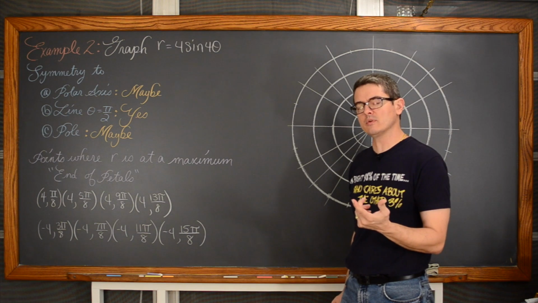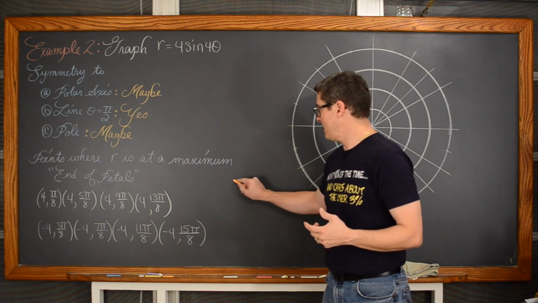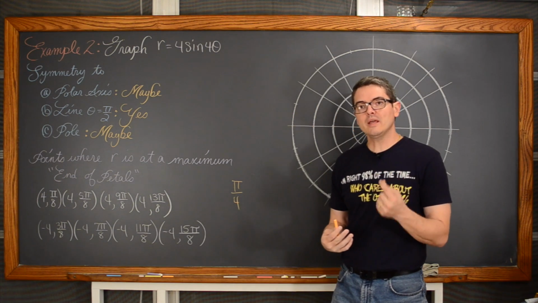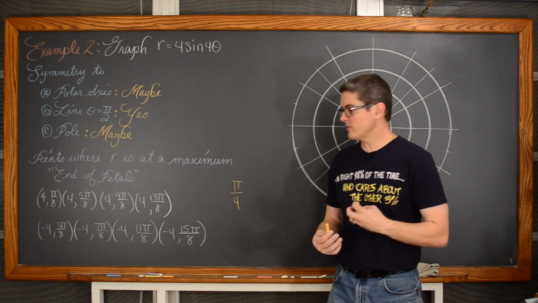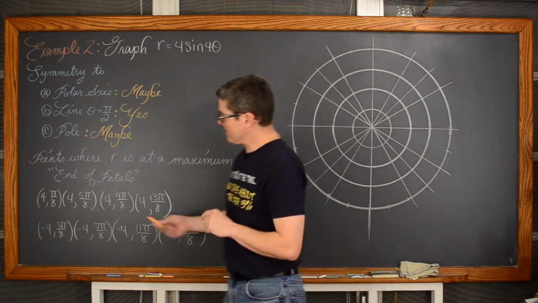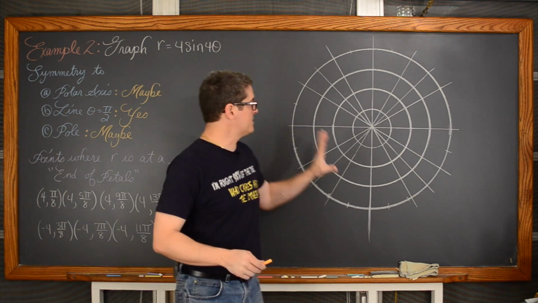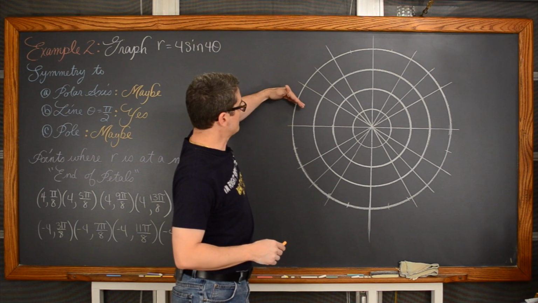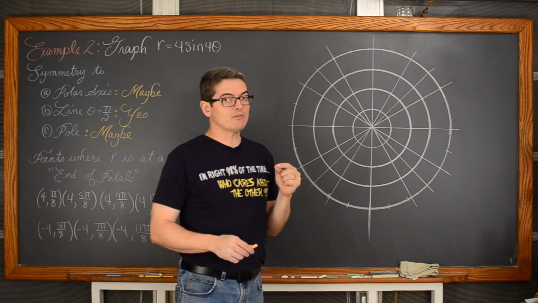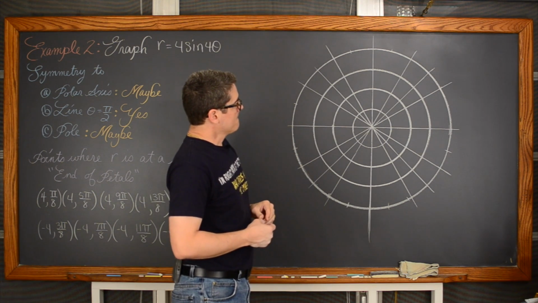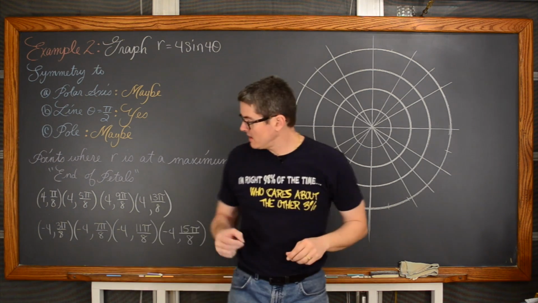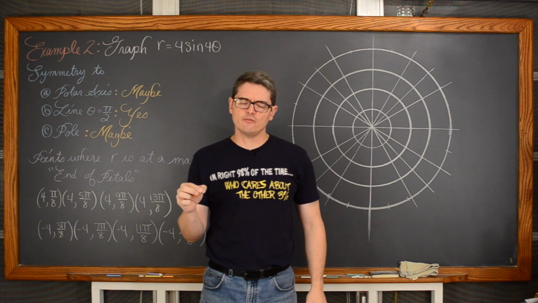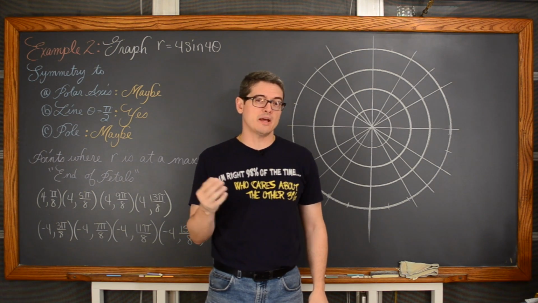Well, 2 over 8 reduces to 1/4, right? And pi over 4 means that for every 45 degrees, we're getting the end of one of those petals. Now, the first petal is at 4 pi over 8. Now, this is marked off as a standard unit circle. Maybe you have some graph paper that includes a line at every 15 degrees. But let's see here. Pi over 8 is half of pi over 4. So pi over 8 is really 22.5 degrees.